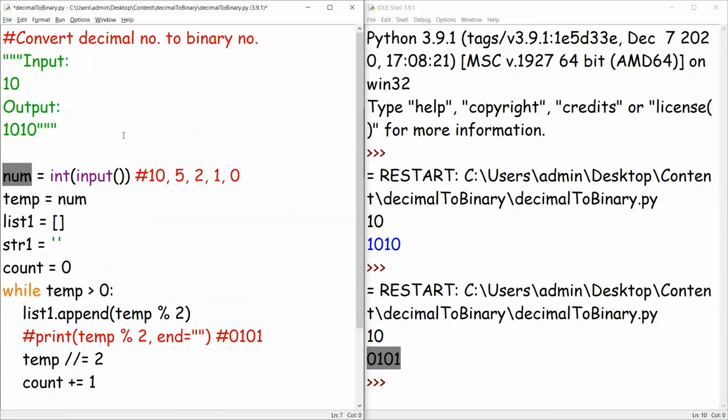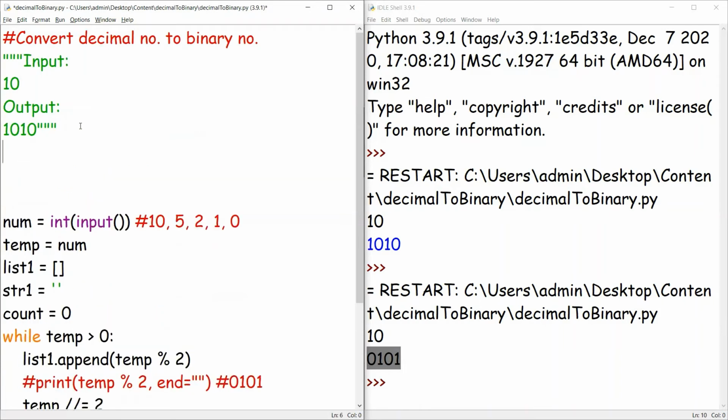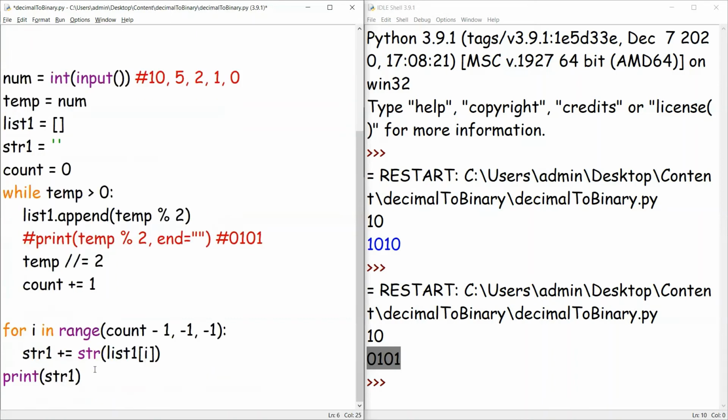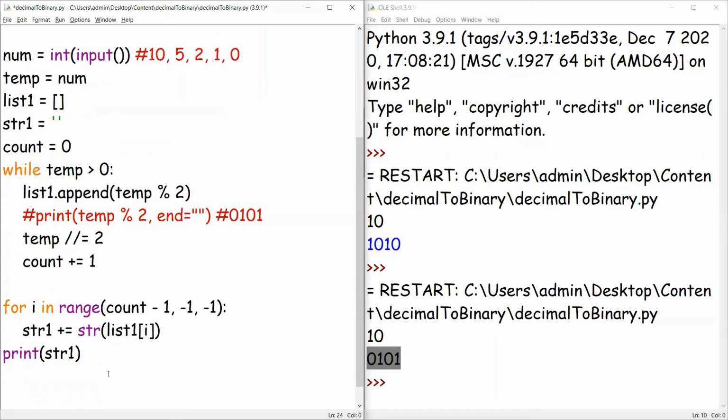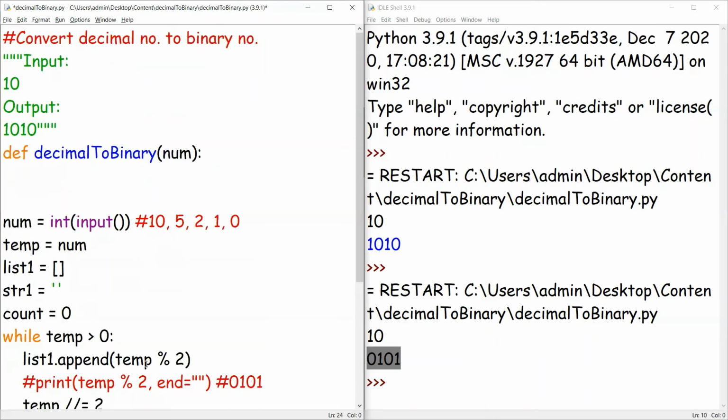After this or before this, let me write a function def decimal to binary, and you pass some value to it as a parameter. I could say it as number. Before calling this function, we need to first call this function. So let me call the function here, decimal to binary, by passing the value of number. I don't want something to be returned from this function, but I want something to be printed in that function itself. So let me just call this function now.